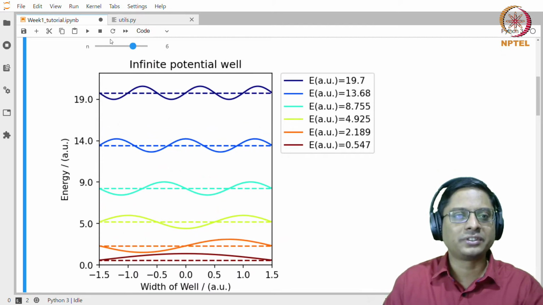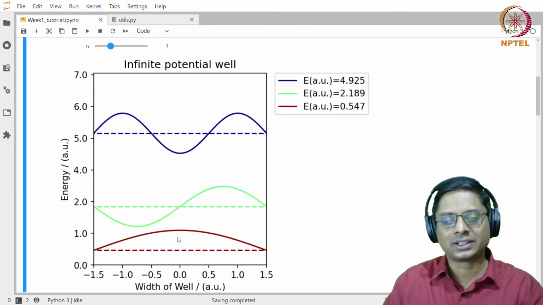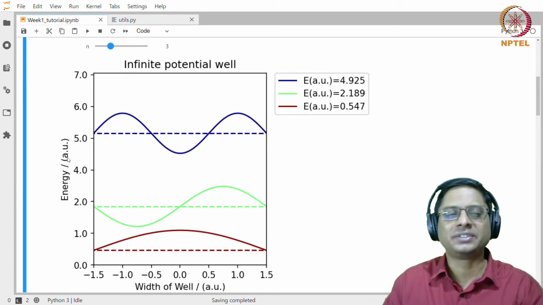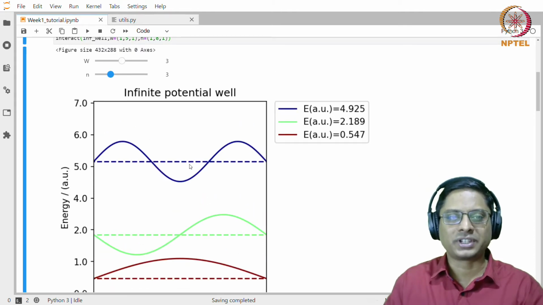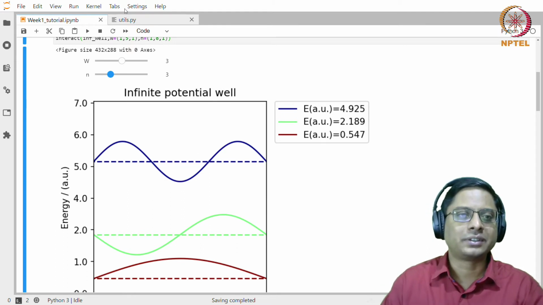You see the wave functions. The first 3 wave functions are exactly what we said they would be: a sine with half a wavelength, then a full sine, then the third state, and so on. For the energy, let's take a reference of 4.95 eV, arbitrary units. Right now the topmost state is 5. You will be able to play around with this on your own and analyze it, and that's why we want to post it.